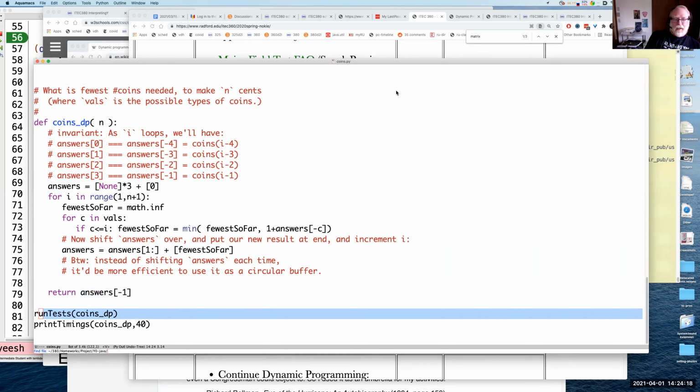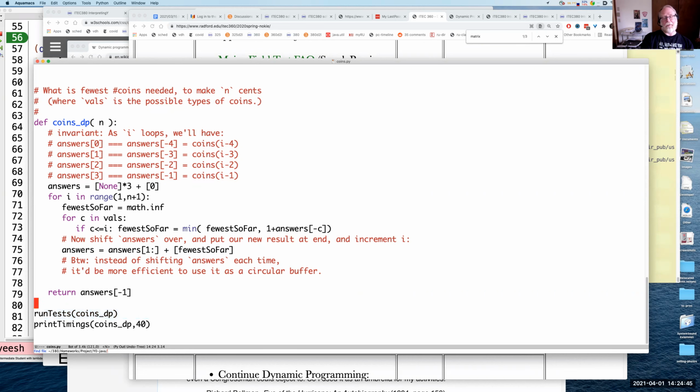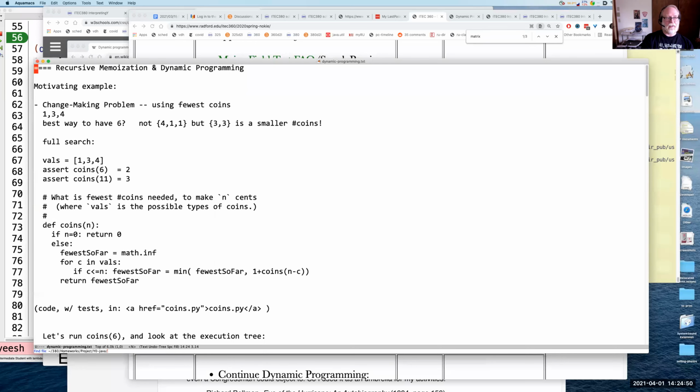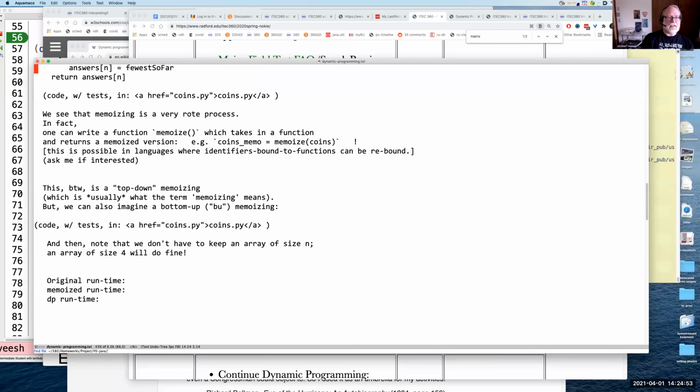Okay. Questions or thoughts on the coins problem as our poster child for memoizing and dynamic programming? We're going to work through one more example of memoizing and dynamic programming. Talk through it at least, if not show the code. But does that kind of make sense? The idea of memoizing is easy. And by the way, I should point out, going back to my dynamic programming page here, going down a ways,